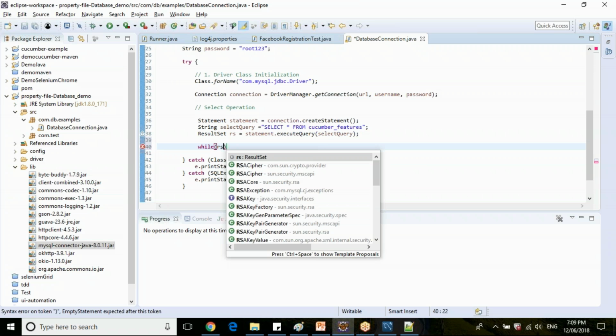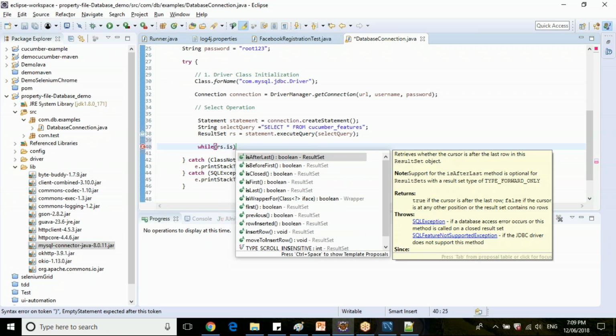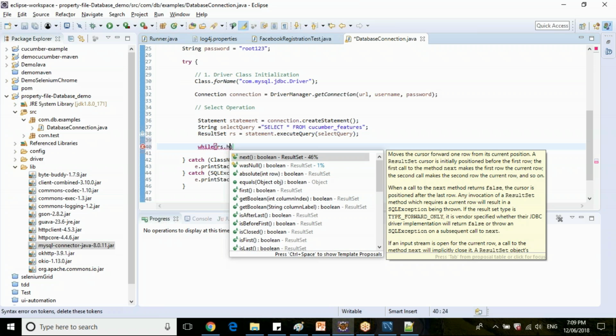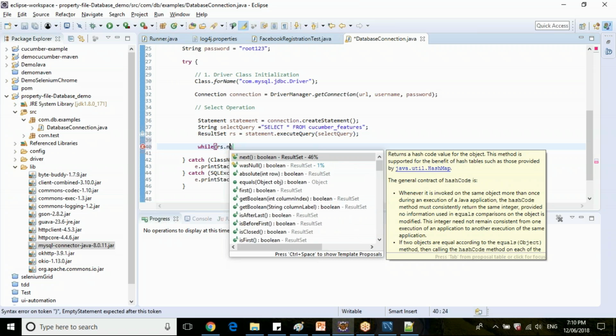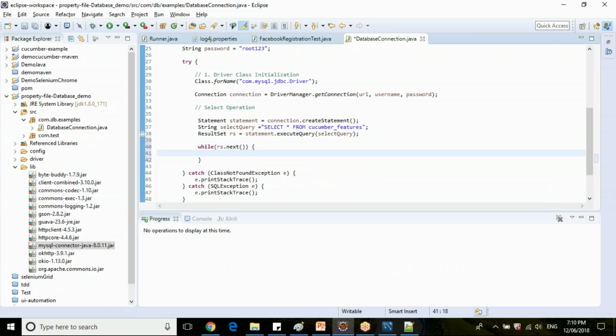ResultSet dot next. The result is not empty. And here you can check whether it is printing your database table or not.